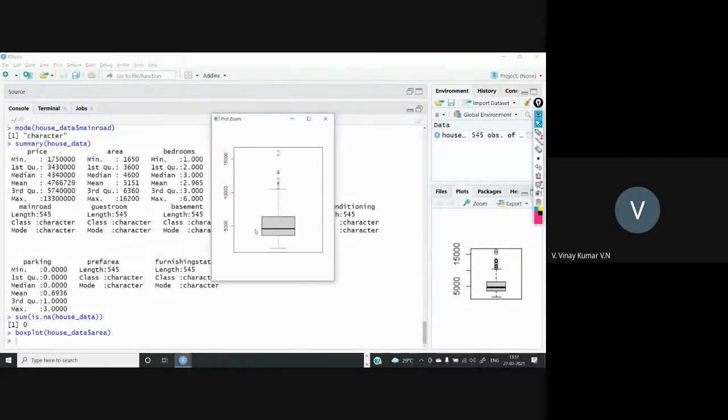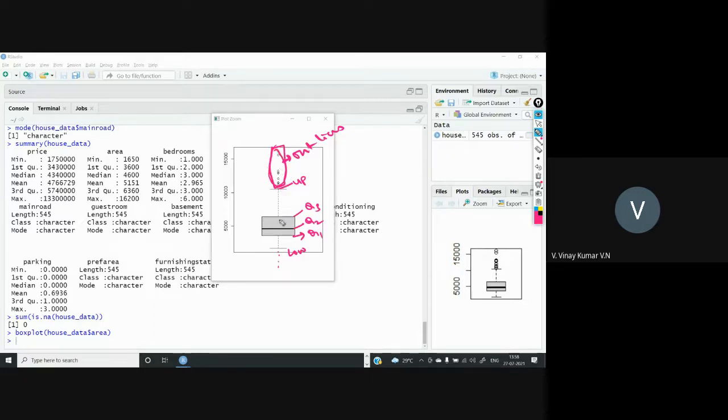So this is the plotting. As I told you, in this direction, this bottom line is nothing but your quartile 1, this middle line is nothing but your quartile 2, and this above line of the box is quartile 3, and this is the upper limit and this is the lower limit. Whatever points are before the lower limit and beyond the upper limit, this is what we call outliers. So these data points disturb our analysis, so we have to remove these outliers. Okay, so outliers exist for this data.